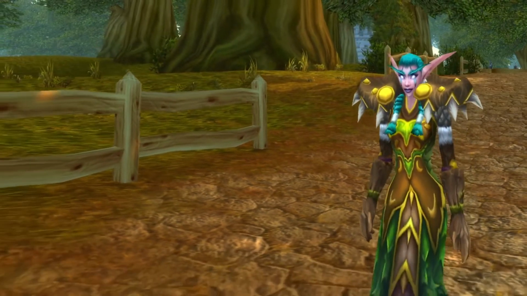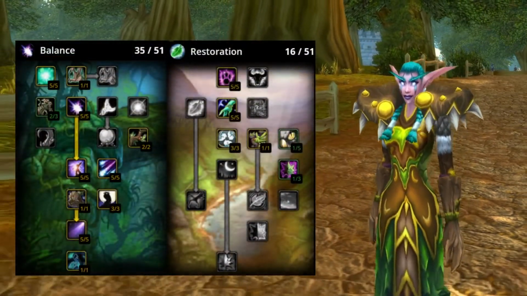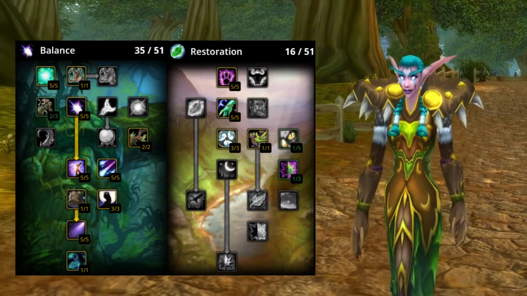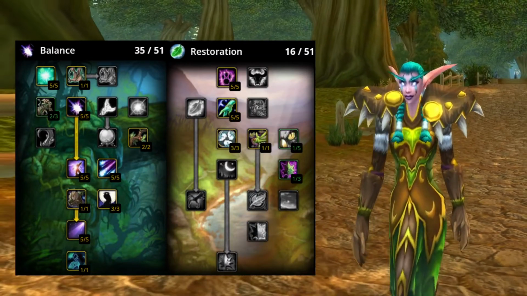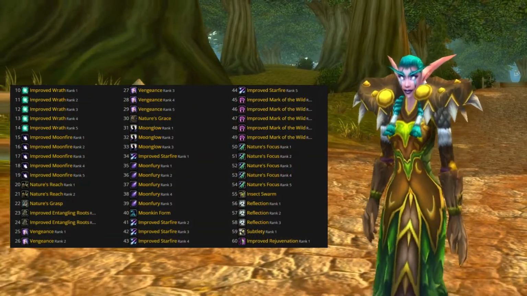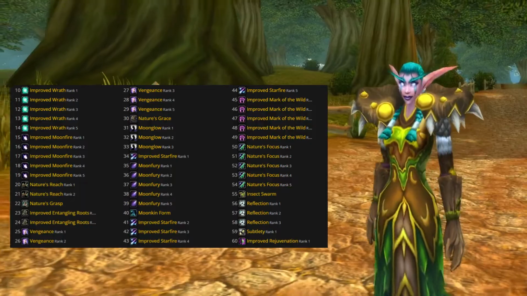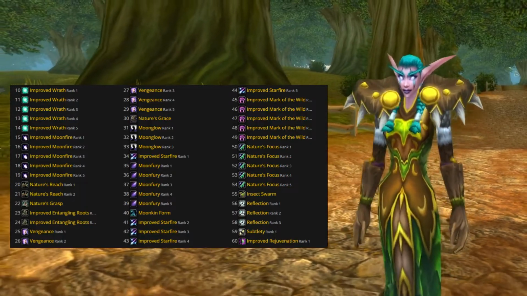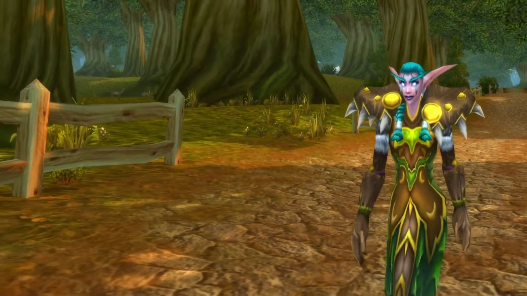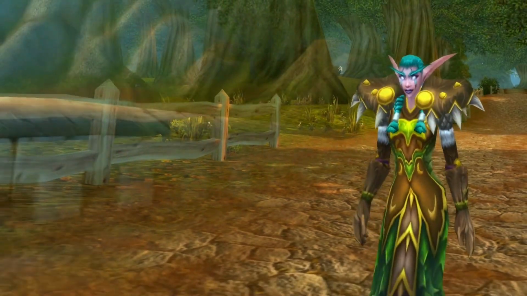However, if you still plan to level up as a balanced druid, then your talent tree could look like this. As a balanced druid, you will be leveling a lot slower between level 10 to 40, at least before you get your Moonkin form. So at level 40, it could be a good decision as a feral druid to maybe swap into balance,